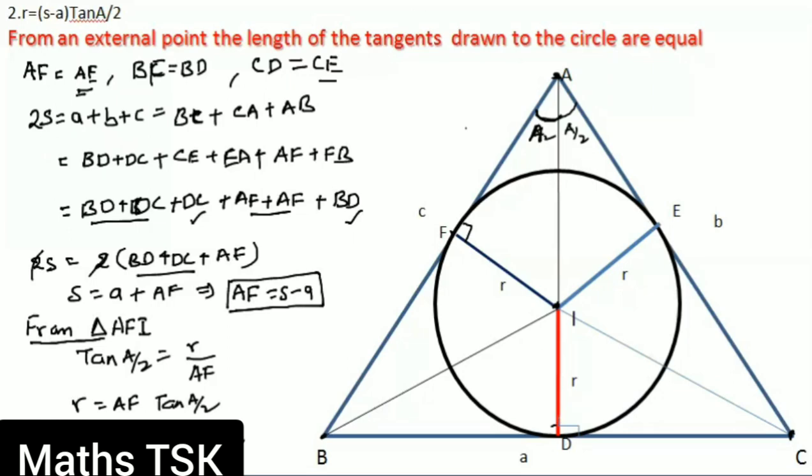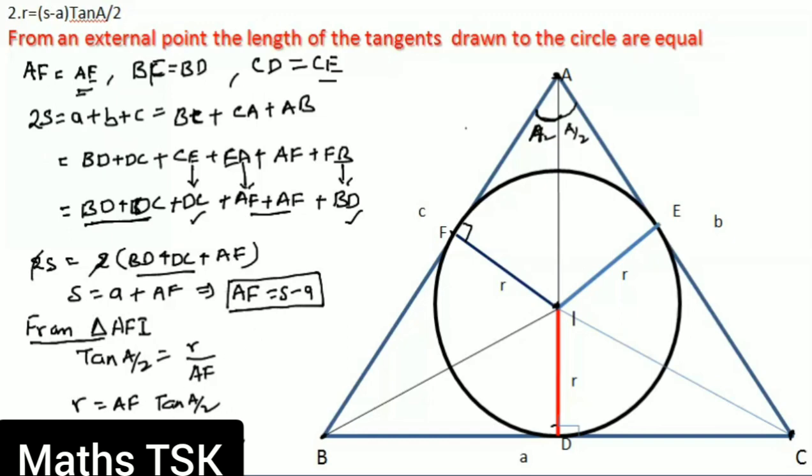That's written. So 2s is equal to a plus b plus c. a is nothing but BD plus DC. b is nothing but CE plus EA. c is nothing but AF plus FB. So I have considered EA as AF according to this condition. CE is converted into DC and FB is converted to BD. So totally 2 times (BD plus DC) plus 2 AF. Since I required a, I have taken BD and DC as they are here. Look here, BD and DC are not altered. So 2 has cancelled. s minus a is equal to AF. So from the triangle, AF can be written as s minus a.